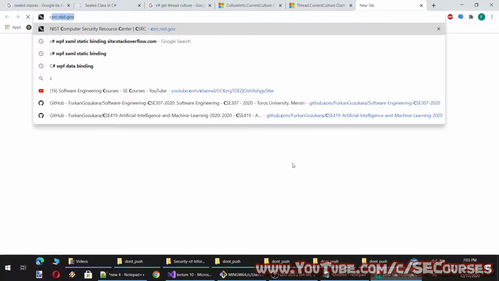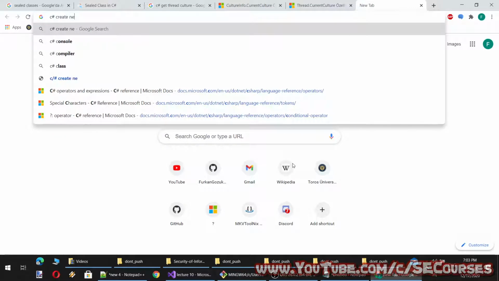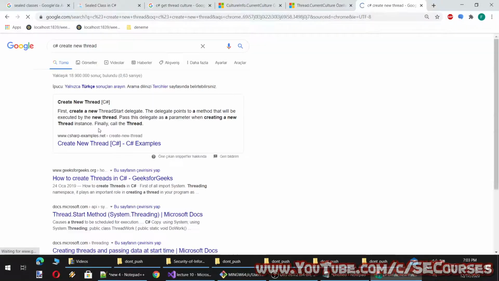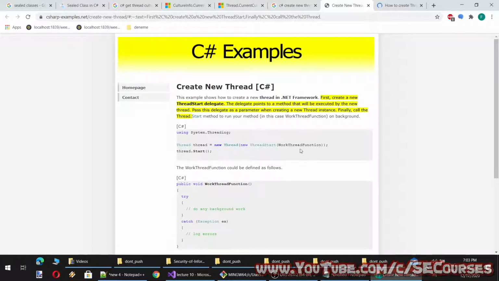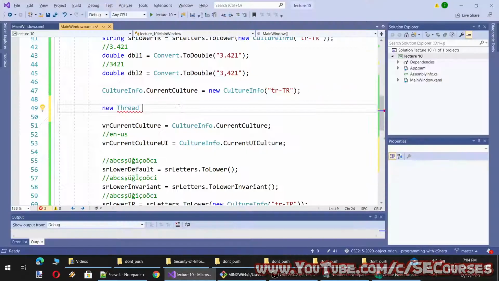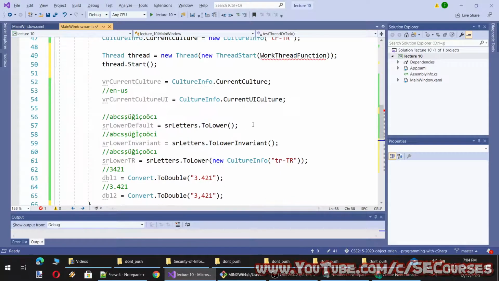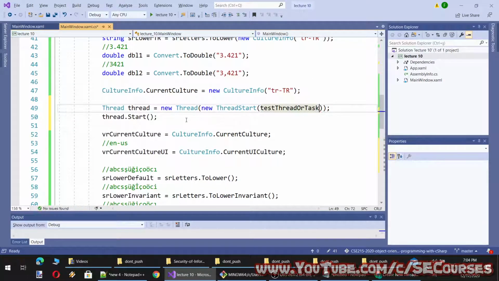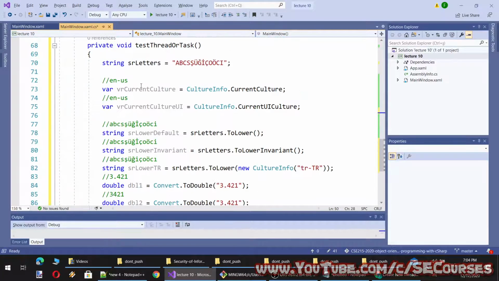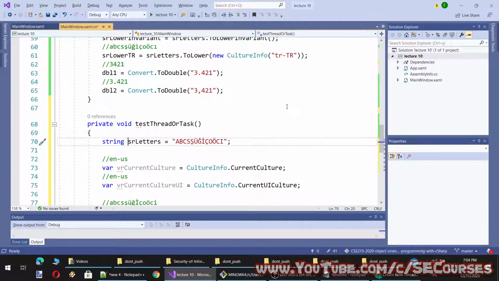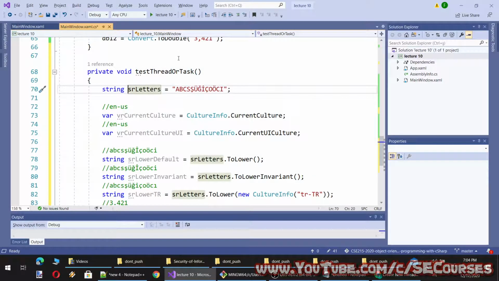Actually, I don't remember the syntax. Okay, so thread start will be like this and start. Okay, so let's see how it behaves in thread, and I will also test it in the task.